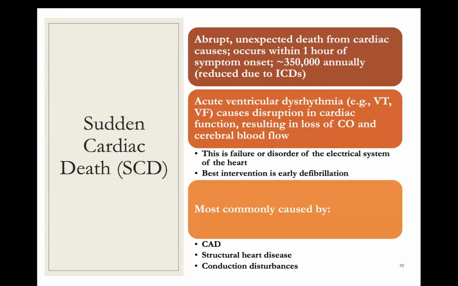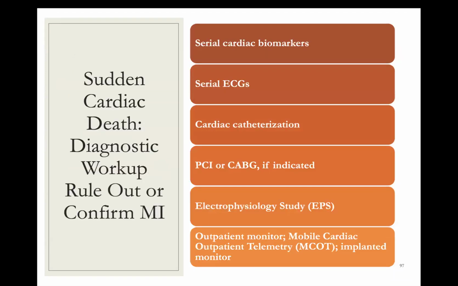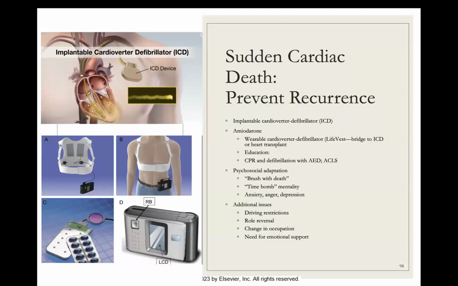Sudden cardiac death is a possibility for these patients because of the damaged heart muscle. They can go into an acute lethal dysrhythmia. There are a couple things that we can do to help manage these patients. You don't need to know a lot about sudden cardiac death right now. You'll learn more about it in fourth semester. Really, the thing that I want you guys to focus on is knowing that there is a risk for going into a lethal dysrhythmia after an MI, and some patients that are showing signs that they can have dysrhythmia need